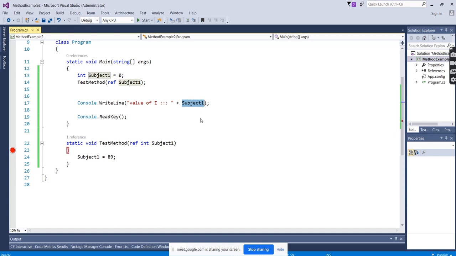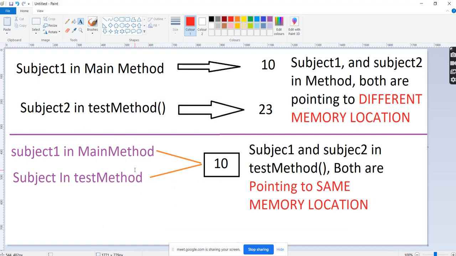That's the advantage of using the reference. Or in some scenarios I don't want to change the original value. I want the original value as it is. I just want to do some calculation in the sum method and perform it there itself. Then we can go for pass by value. At that time, this ref keyword is not required. If I want to see dynamically the modified values in the main method also, then we will go for the ref keyword.